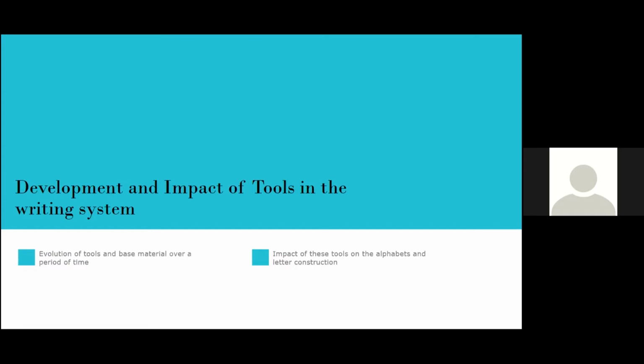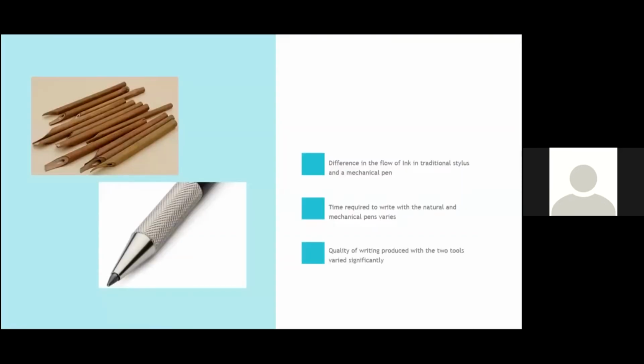The material of these styluses also varied from place to place depending upon the availability in the local surroundings. Although iron and bamboo seem to be some common stylus used across different places, they were used along with the naturally made ink. These naturally made bamboo styluses also started to fade after the emergence of mechanical pens. Even though the output was more appealing with the bamboo stylus, the mechanical pen took over as they were easy to use and less time consuming. I think the non-static tip of the mechanical pens results in less appealing writing and somewhat creates a difference from the naturally made stylus.